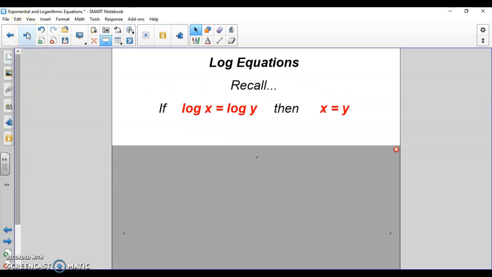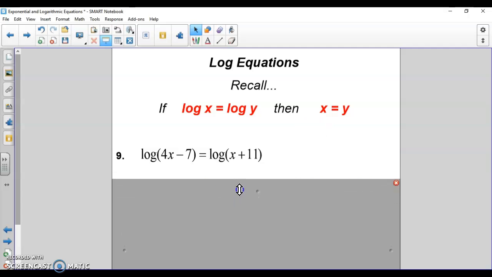Second half, shorter half, log equations. First thing I want to talk about, I'll just talk through one example. You guys can get the other one, no problem. I mentioned this property last week when we talked about the properties, but it didn't come into play with anything we talked about last week. This week it does. If we have log of x equals log of y, then x equals y. If the log is the same base on each side, then whatever you're taking the log of equals each other. So if I have log of 4x minus 7 equals log of x plus 11,